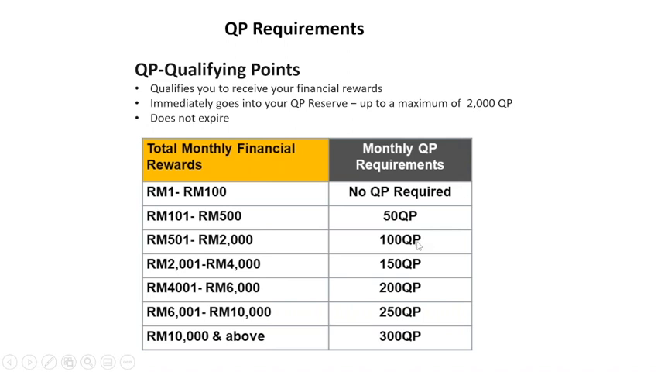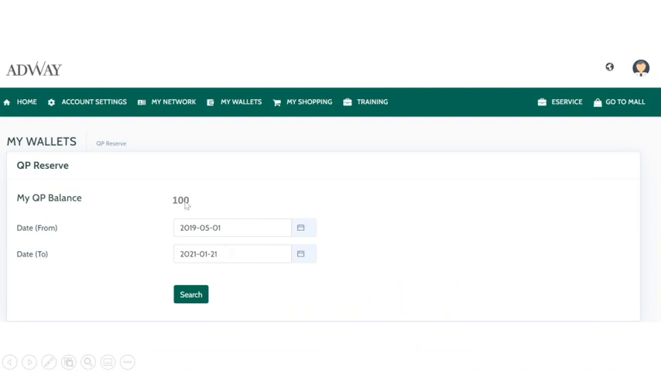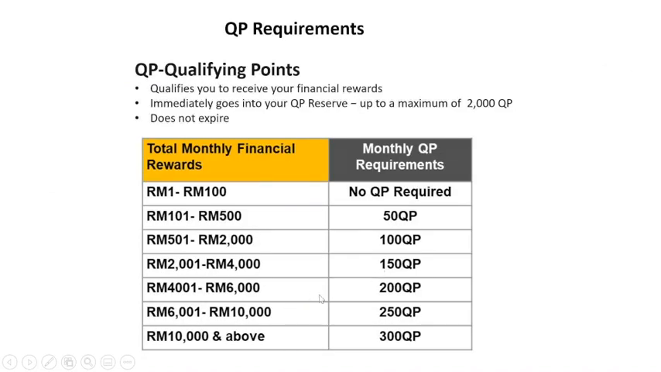So let's say you want to receive the total amount, 5,000 ringgit. Under this category, 4001 until 6,000, you have to have at least 200 QP. In my example, you only have 100 QP, so make sure you have enough QP. Do not worry about overpurchasing the products, because look at the second line here. All your purchases that carry QP immediately go into your QP reserve up to a maximum of 2,000 QP,